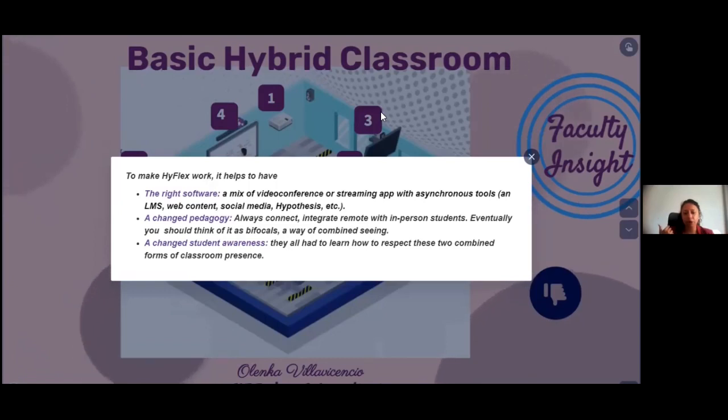According to my experience, because I am a computer engineer as well as an English teacher, the right equipment is necessary for this kind of classroom. In the United States and European countries, they have the conditions, but in our countries it's a very different situation. For that reason, they want to do face-to-face classes.